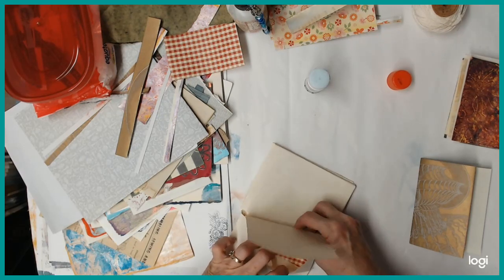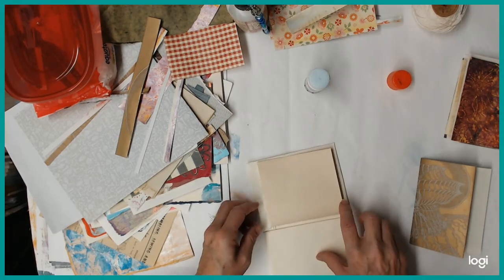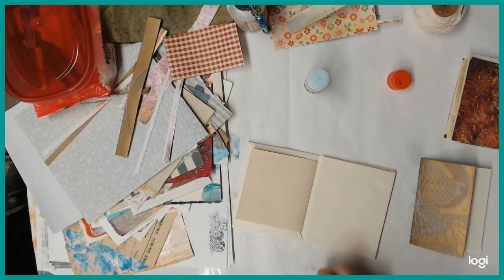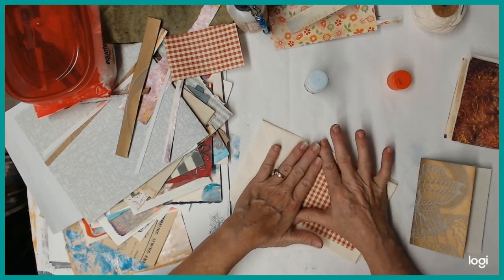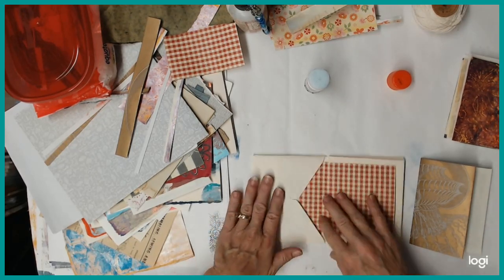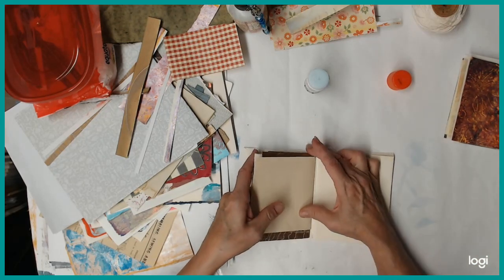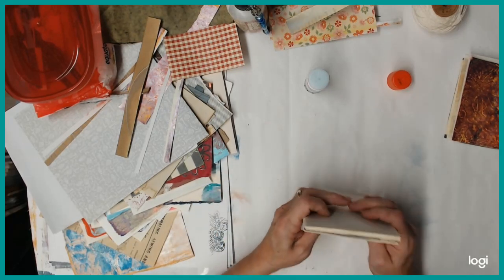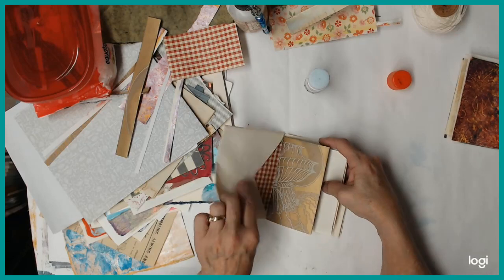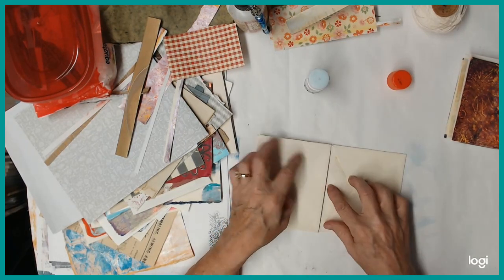Well, this was obviously not the best way to do this. One thing that does is also leave this a pocket, unless you get glue in there. So then we'll stick this in there, and we'll stitch that signature right there in the front. Like that. Now then, in the back,